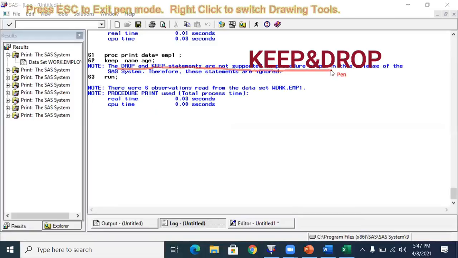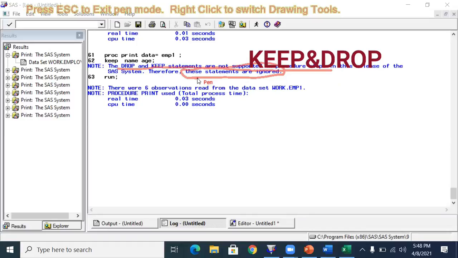So in the procedure step, you have to use the keep and drop option. I'm talking about drop and keep statements; they are not supported in the procedure step. Therefore, these statements are ignored. That is the reason we got all the variables from the parent data set.